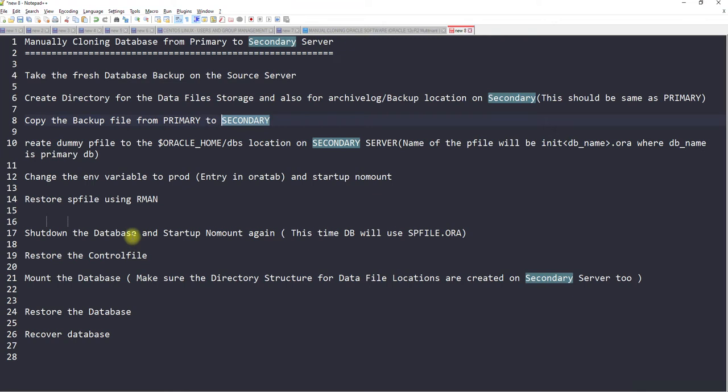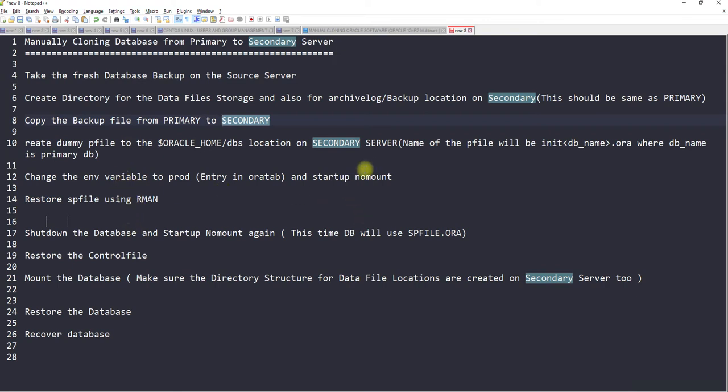It means there will be tnsnames.ora and listener.ora files in the network admin folder, and at the Oracle home dbs location there will be the spfile, pfile and password file. I demonstrated that we need to rename the password file, the spfile and the init file, which was done yesterday using the mv command, the move command, to the new name.